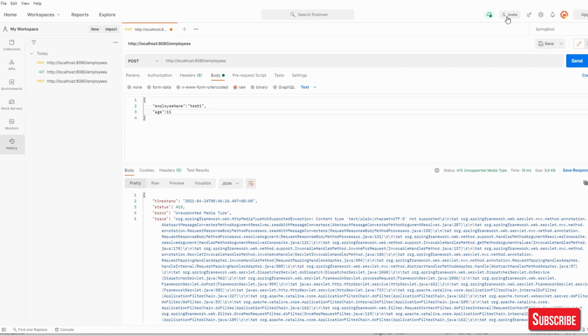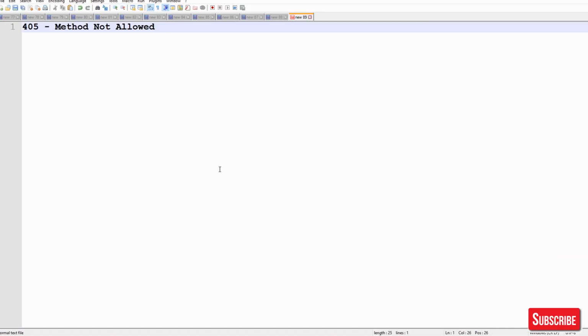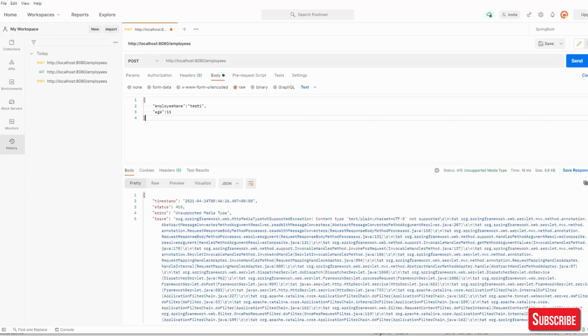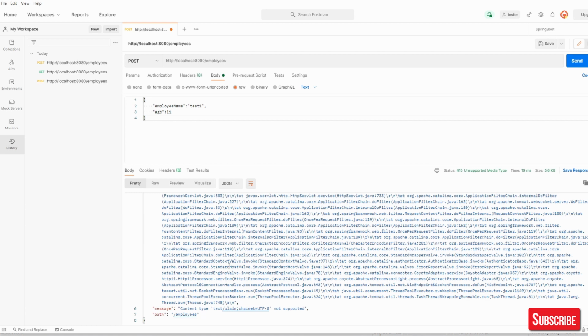Then again I'm sending, and it is giving unsupported media type, and you can see here unsupported media type. This is again 415 unsupported media type, and here also you got a whole lot of information like timestamp, status, error, trace, message, and path.